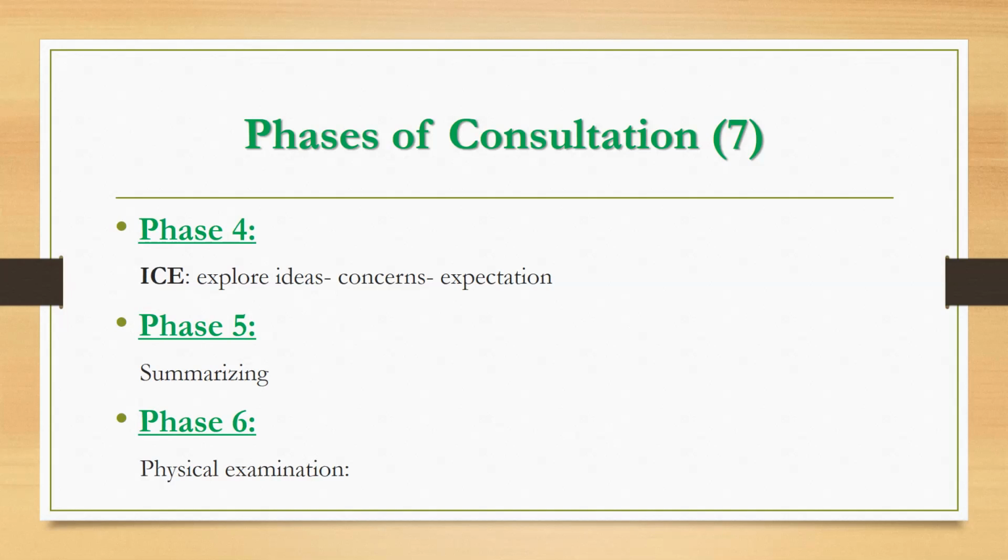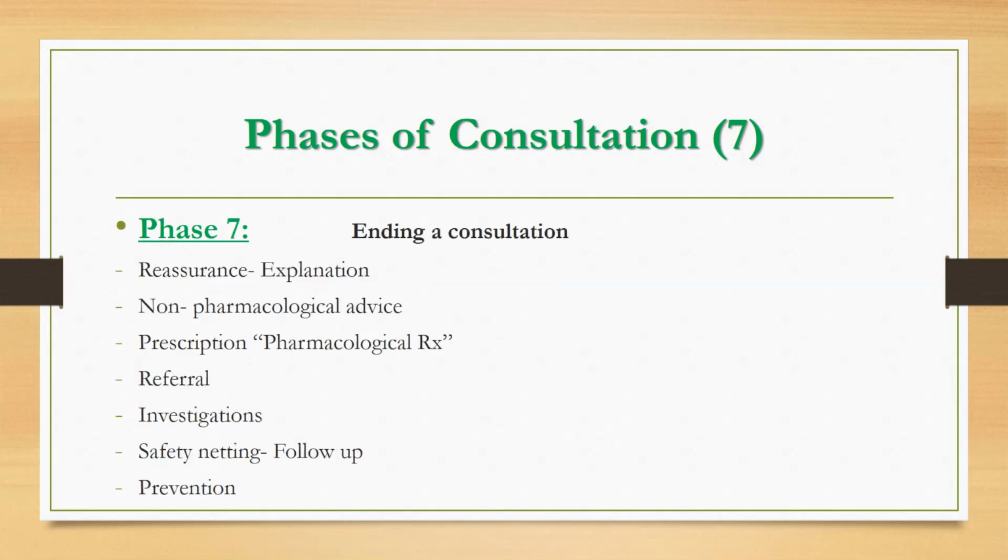So when you reach this phase and you ask the patient for the examination, the examiner will tell you to assume that the examination is normal or unremarkable. This means that examination is not required in this station. However, in many other stations, examination is important and you should do it in detail and completely. So now we reach phase number 6, and finally phase number 7, which is the last phase